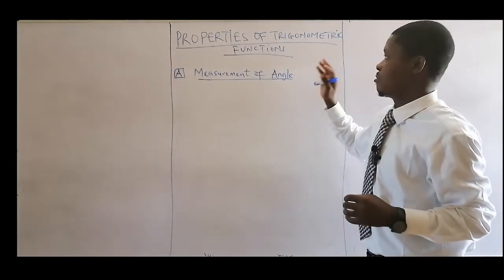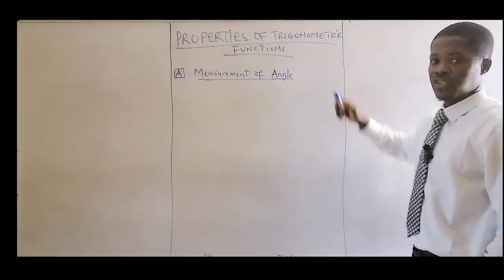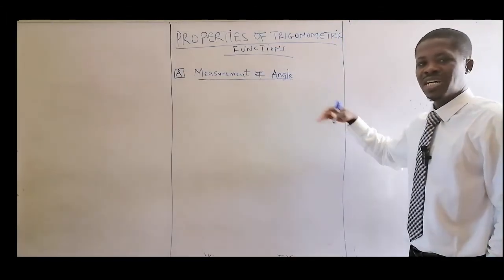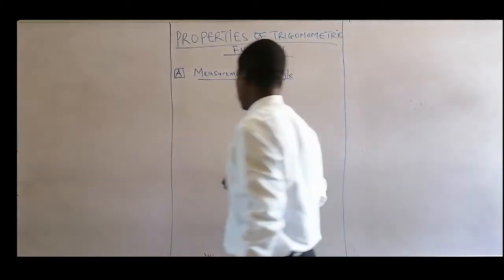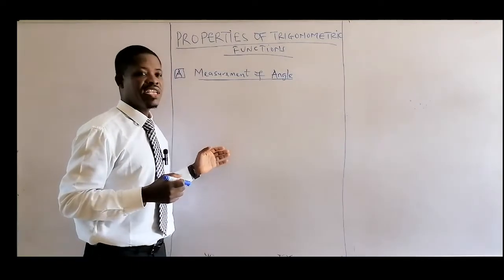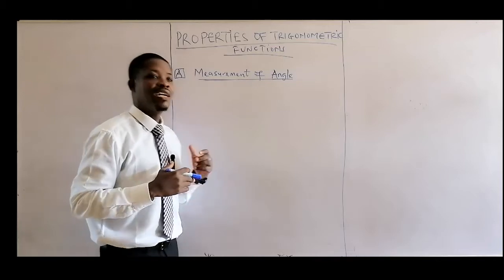We'll be looking at properties of trigonometry functions. And the first part on this topic, we'll look at the measurement of an angle. Measurement of angle. We must note that what we want to do here is see the relationship between